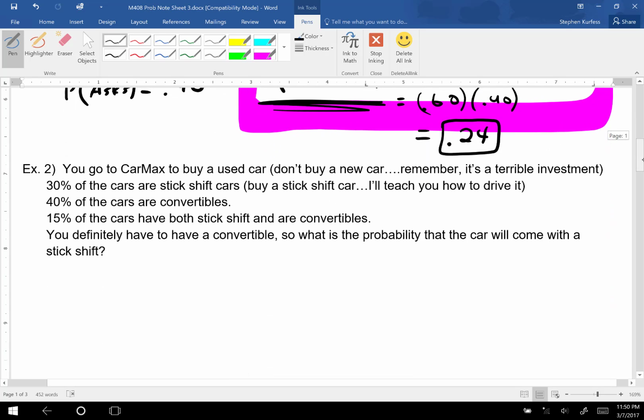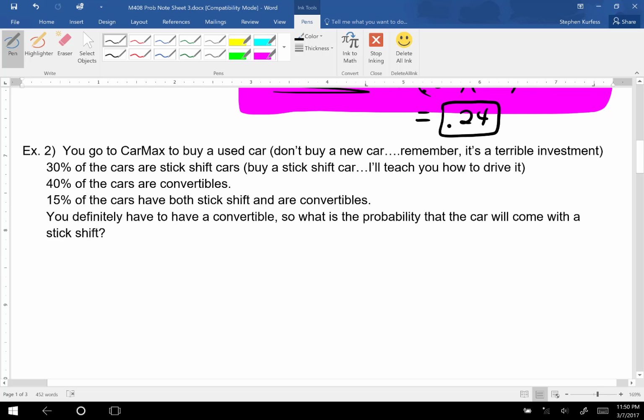You go to CarMax to buy a used car. I even say, don't buy a new car. Remember, it's a terrible investment. Horrible investment. Buy a used car. Okay, 30% of the cars are stick shift. So we can say the probability of stick shift is